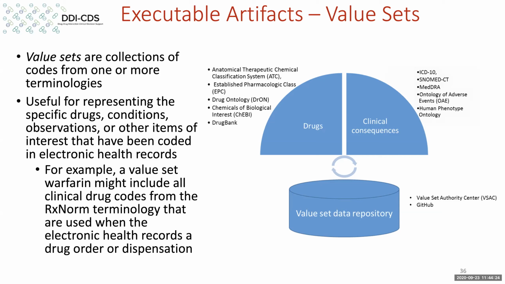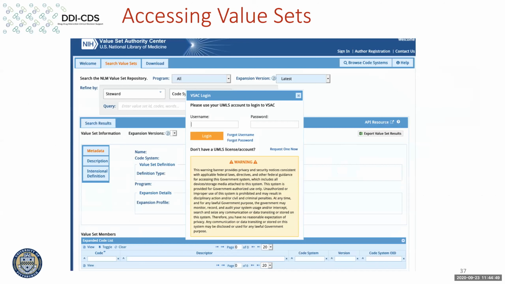And to capture, for example, spironolactone exposure, there's a number of products that are out there. So we would want to assemble a set of the codes that would be used to identify someone who's been exposed to that. And the same thing could be applied to other clinical domains like measurements and conditions. So these value sets we created for the rules and used them in testing the rules, and then we made them publicly available. Can you move on to the next slide, please?